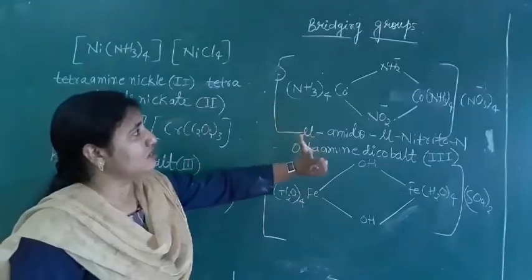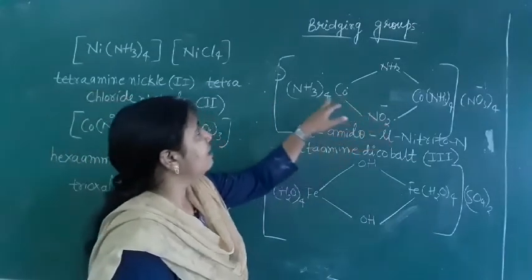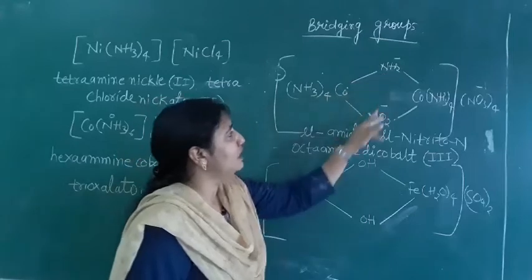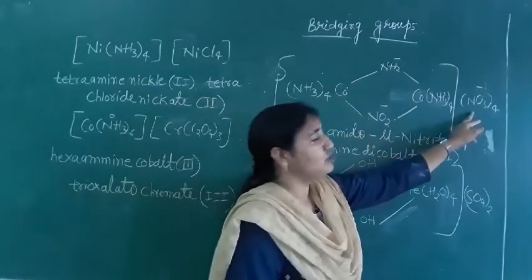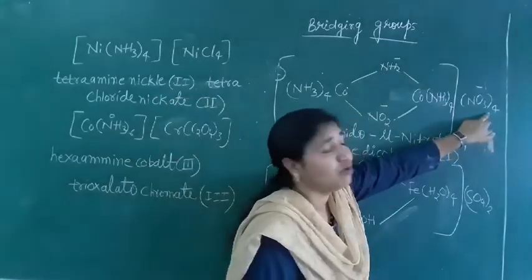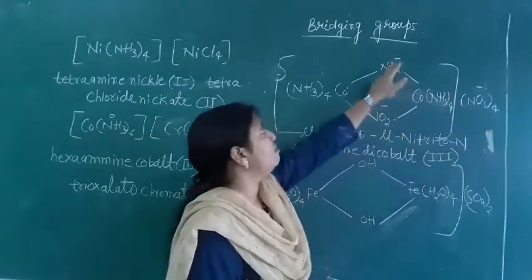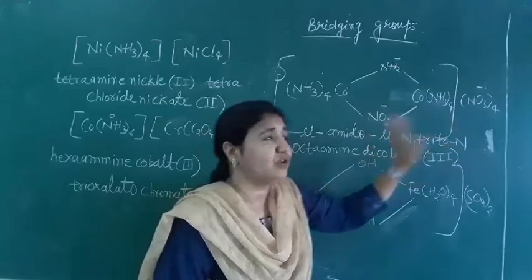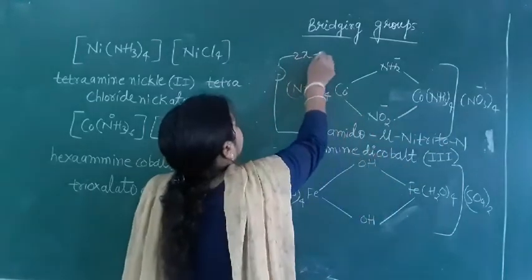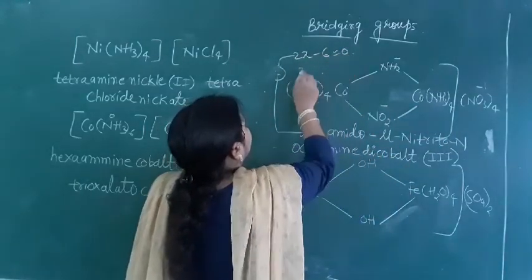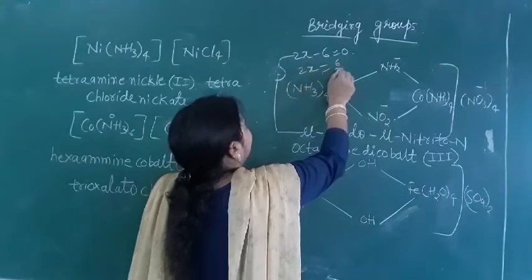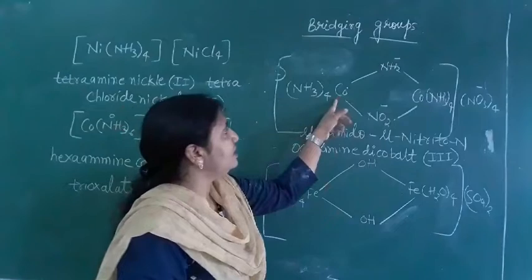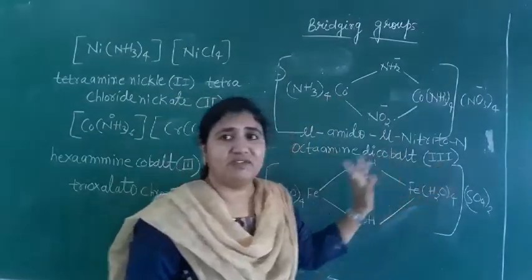Please understand, oxidation number means total charge here. Because these amines are 0 charge here. This NH2 minus 1, NO2 minus 1, NO3 minus 1. But how many are there? 4 are there. So this minus 4, minus 5, minus 6. So 2x minus 6 is equal to 0. You have to do it. 2x minus 6 is equal to 0. So 2x is equal to 6, divided by 2 here. So x we will get what here? 3 here. So this x is the oxidation number here. 3 we will get here.